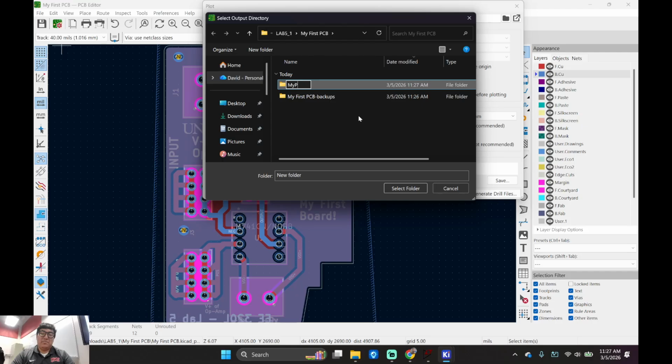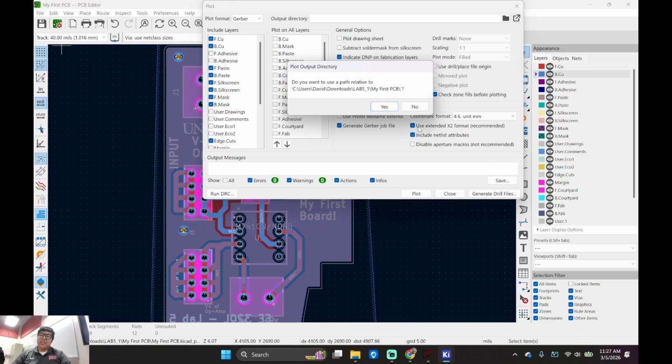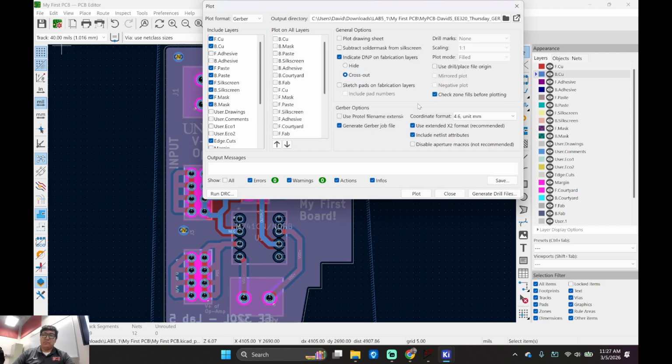My PCB David S EE 320 Thursday Gerber. I'm just calling it whatever, okay? Select. And then press no, okay? Press no. This is the one I have to tell you. We don't want to do relativity. Just dump it there, okay? I don't want to deal with paths.